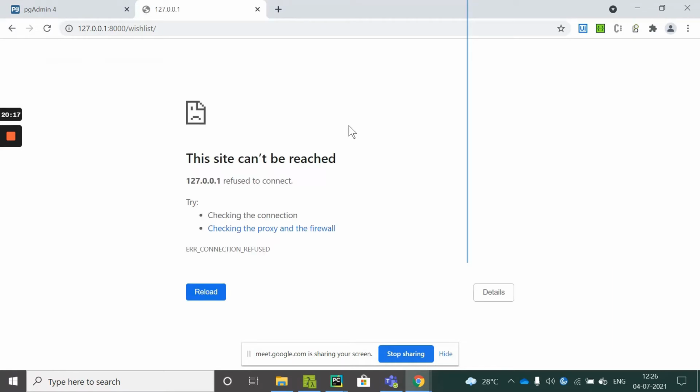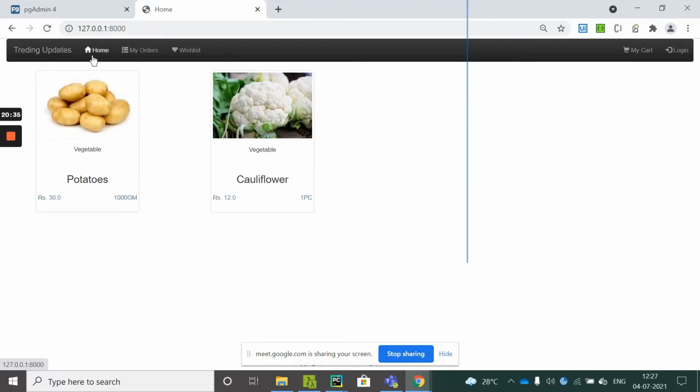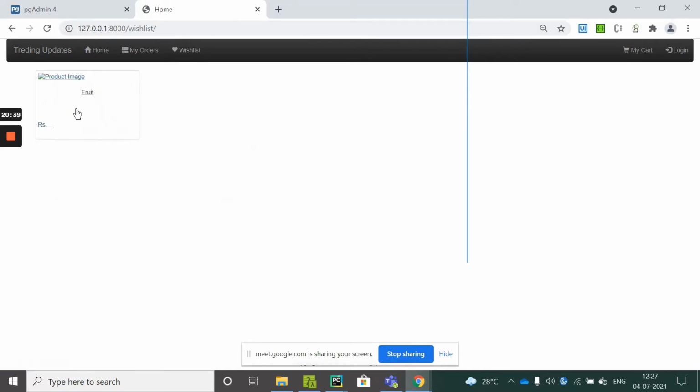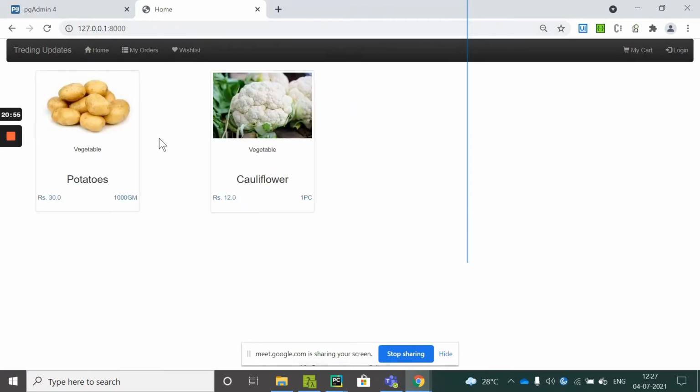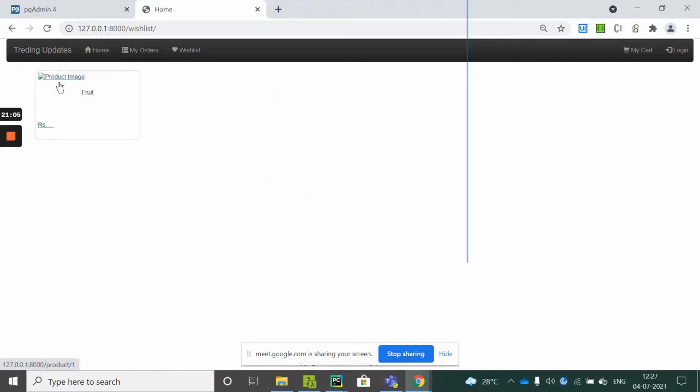Once you reload, you see here the product whatever you had added to the wish list is displaying here. Cool. Here you can see two products and here you are able to see only one product. Coming over here, I'll add one more item to the wish list. In the wish list section, you saw the fruit.